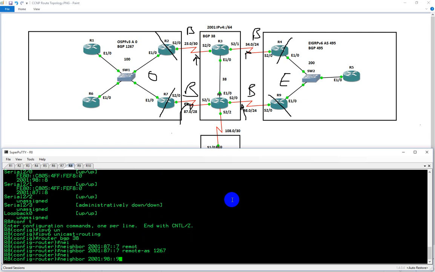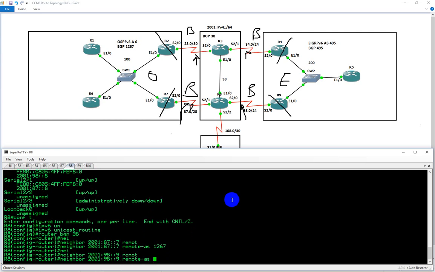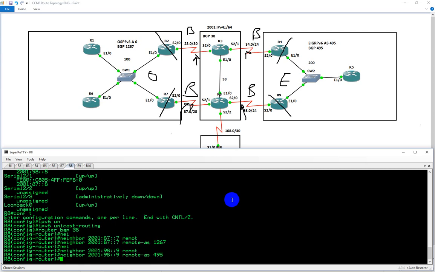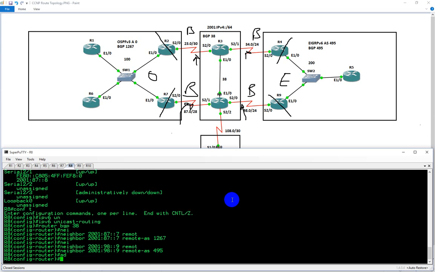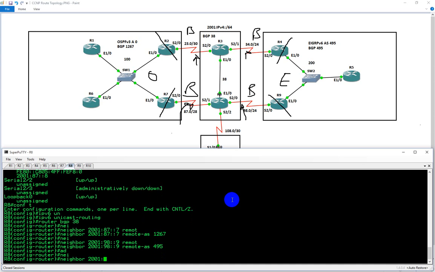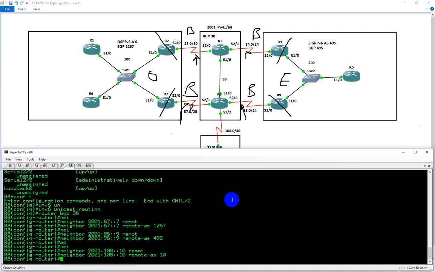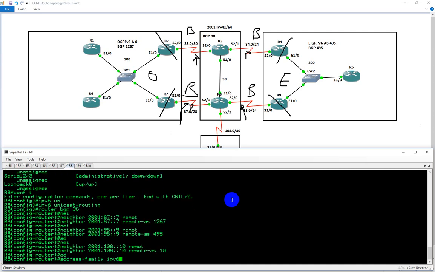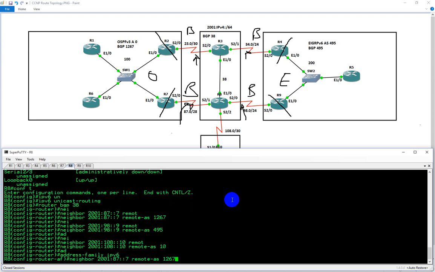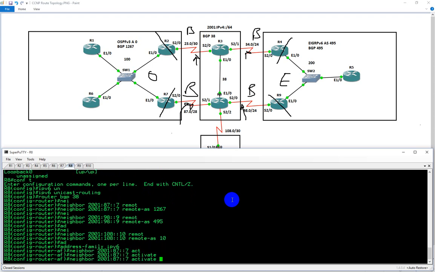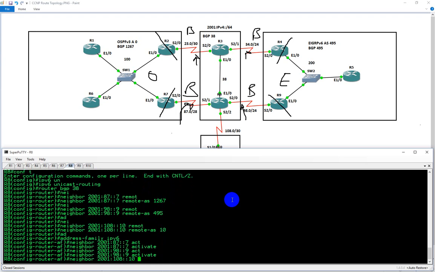colon 9, because that's /24, is going to be remote AS 495, and address family, we do this, neighbor of 2001 colon 108 colon 10, or sorry, 2. Well, no, 10 will be fine because I'll be using a /64. Remote AS of 10, and then I'll type in address family IPv6, and then we'll do activate